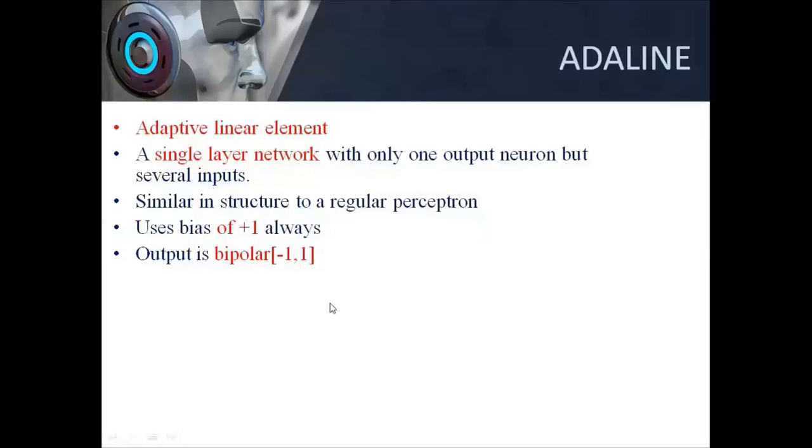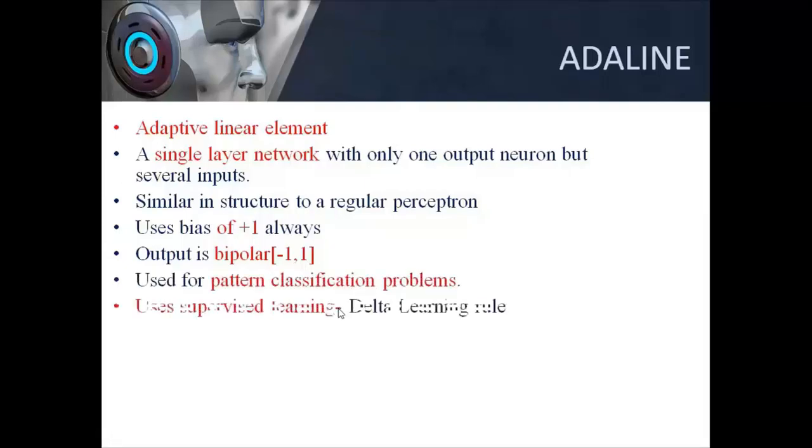It stands for adaptive linear, so it means the output has to be adapted to a linear output. Bias is always going to be 1. This is preferred for pattern classification problems. It is based on the supervised delta learning model. The details of this we are going to understand again when we go through these learning rules. We need to know these learning rules before we can evaluate what governs the weight updates in that.